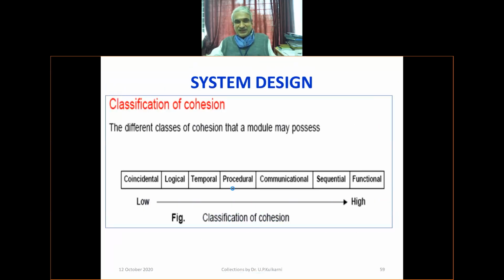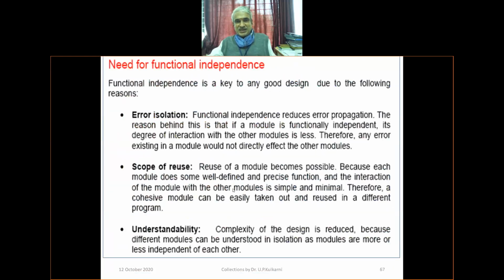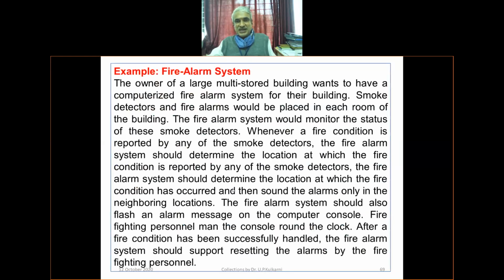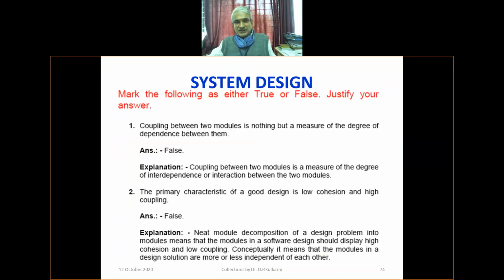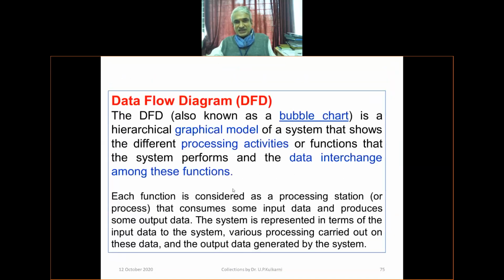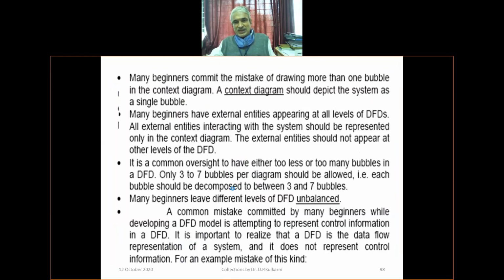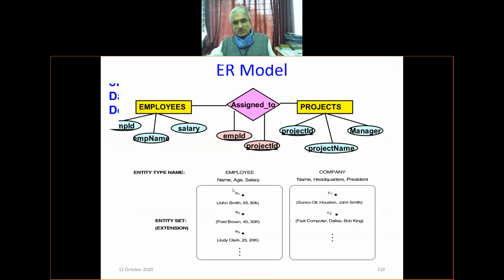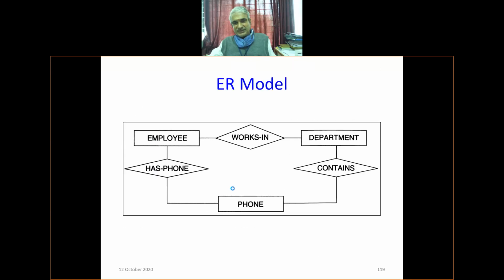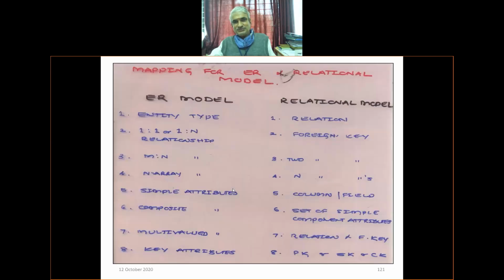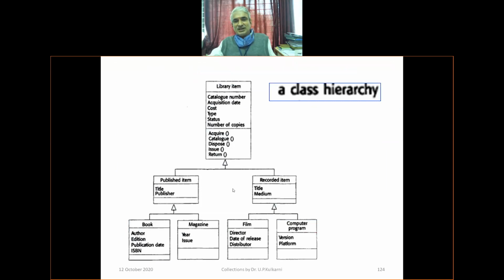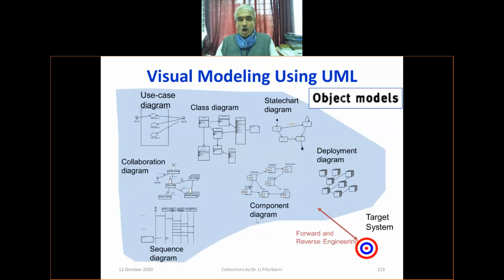This part right now I will not touch upon because it is an extension. You have to arrange an extra session for that, but I'll come back to it. DFD we have gone through, but we will go through the examples given in your textbook. The ER model we have seen. Now we will get into UML models or object-oriented models. I told you in the last class what we have covered and what we are going to do.